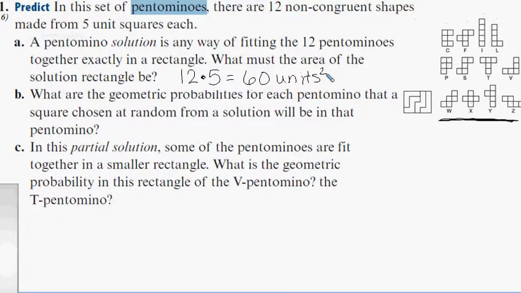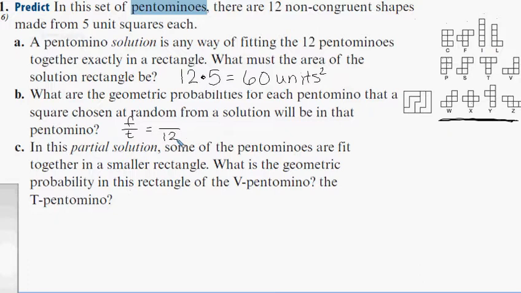Okay, letter B. What are the geometric probabilities for each pentamino that a square chosen at random from a solution will be in that pentamino? Remember that probability is favorable over the total, okay? So our total is going to be our total. How many pentaminos are there? Well, there's 12, right? Okay, and the reason we know that 12 is the denominator is that it